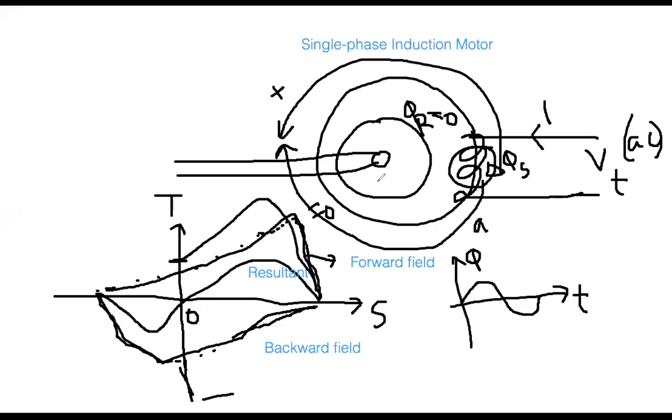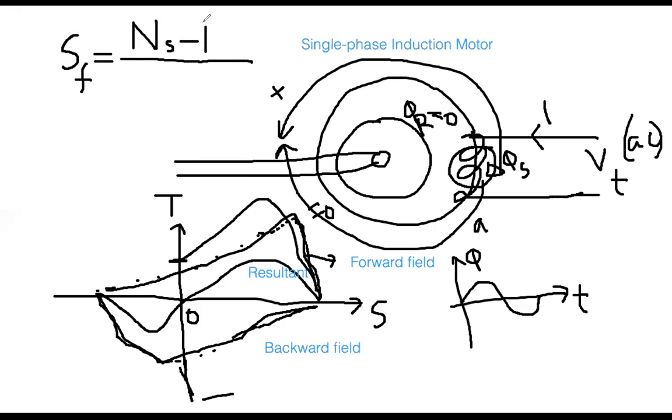Okay, so let me write down. I will just write this down: SF means forward slip, slip due to forward field. That is the meaning. So therefore, the standard equation,